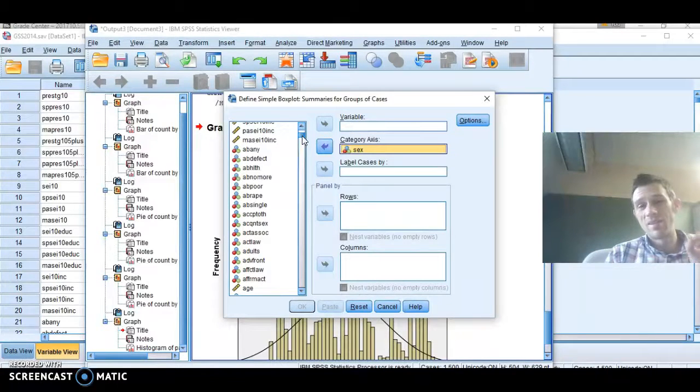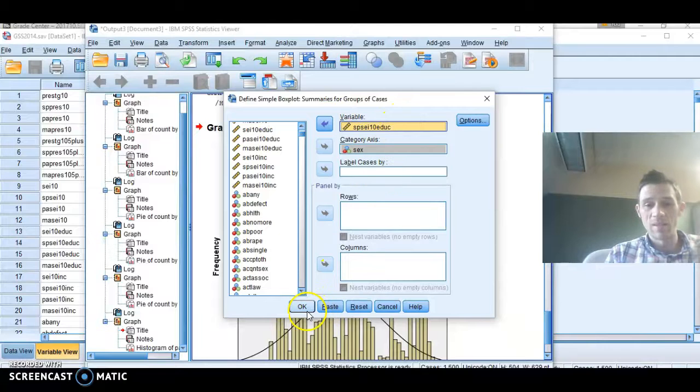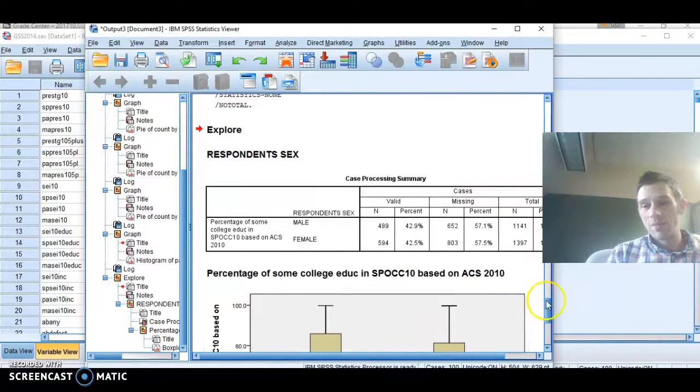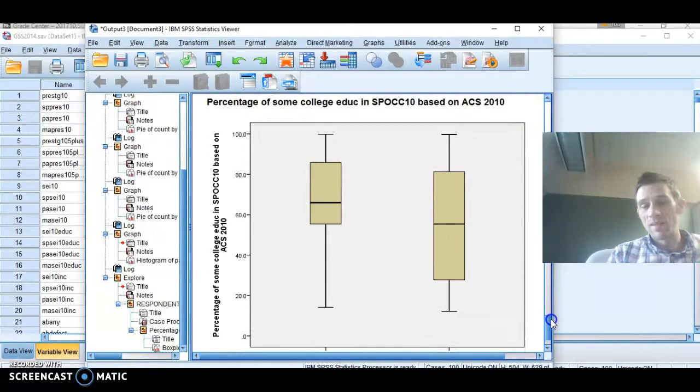And the big caution here is this is not appropriate for nominal variables. And I'll show you why here in a second. But you can do interval ratio variables. That's really the variable you would want to use here. If you put ordinal variables in, it may still do it, but it's not really appropriate. And the reason is because, we'll learn more about this later, but it's computing the 50th percentile, the exact middle,